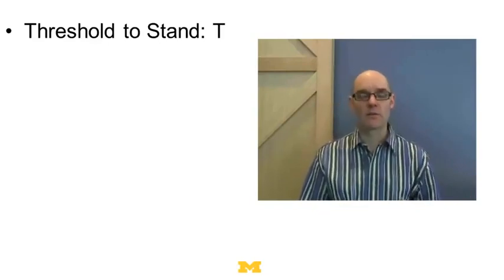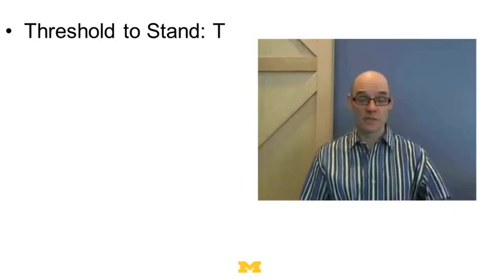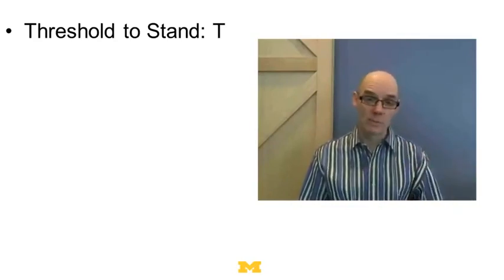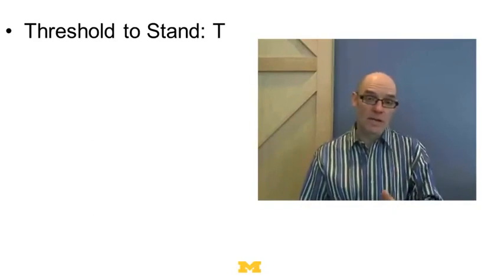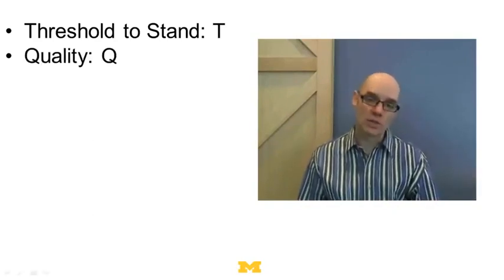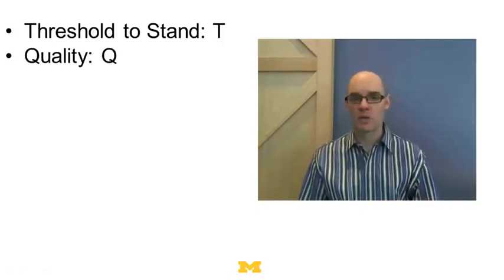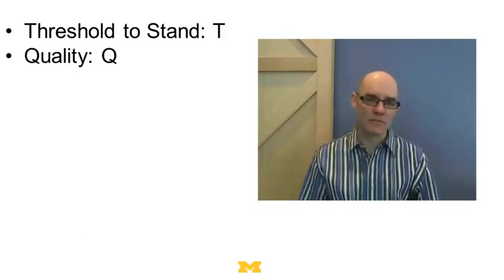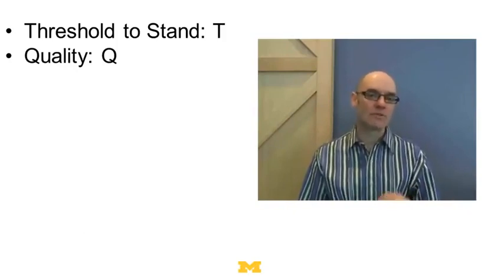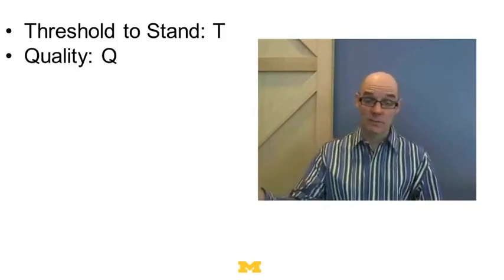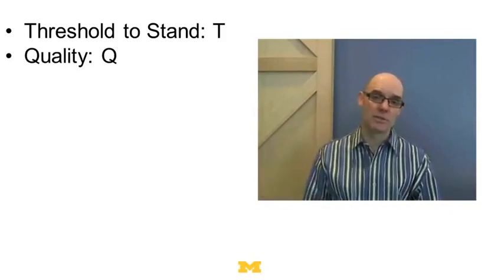In the Granovetter model, the thresholds were the number of other people doing the action, participating in the collective action, rioting, wearing the purple hats. There's some number of other people that I needed for me to do it. Here, the threshold is going to be related to the quality of the show. Let's suppose shows have qualities between 0 and 100, and your threshold may be 70 or 60. Any show above 70, you stand. Any show below 70, you don't stand. So if the quality is above the threshold, you stand. If the quality is below your threshold, you don't stand.